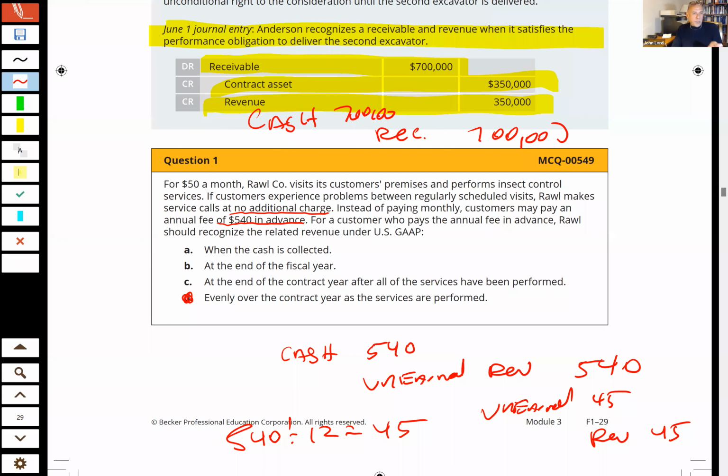Even non-public companies that maybe only issue statements at year end will probably have a monthly close because they don't want to get into the business of waiting till the end of the year. Oh, now we've got to do all this year-end stuff, where they could have sat there, and if they did this monthly preparation of financial statements, then it's simply an accumulation of the 12 months, isn't it?